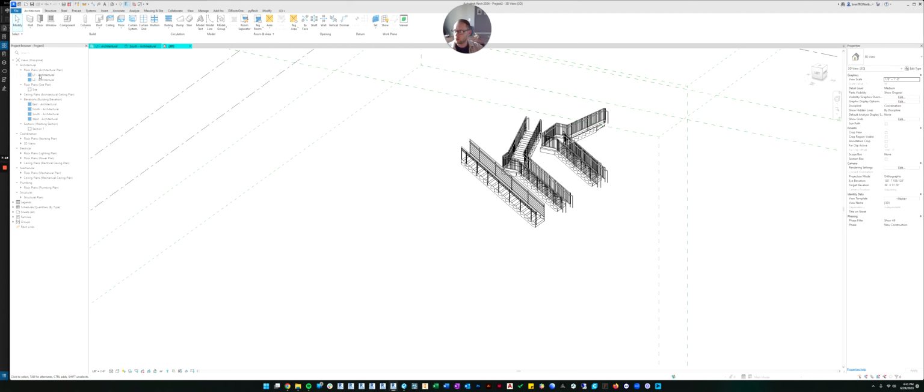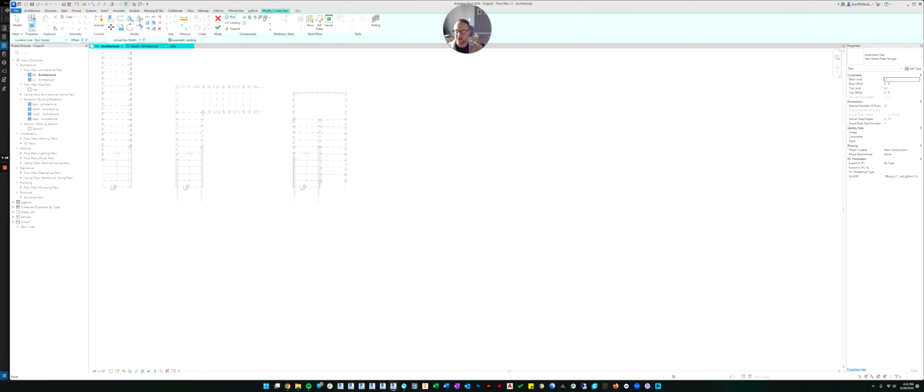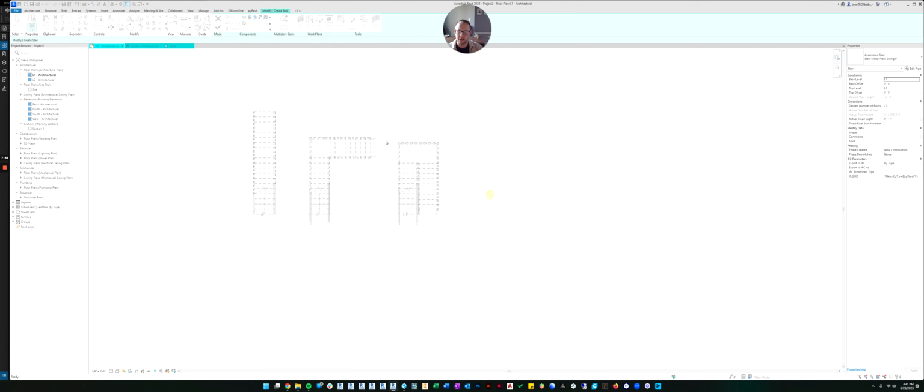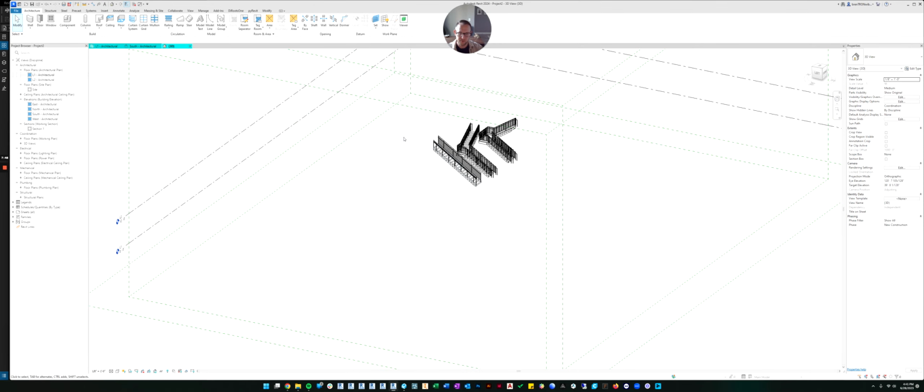Feel free to, if you want to, spend some time with the stair command and try making these other types of stairs, and you can see how they're different. You can also custom sketch a stairwell if you'd like. So this is useful for, do you see how in the drop-down example, the stair flares at the bottom? If you wanted to get that to happen, you would need to draw a custom sketch. And that's probably beyond this course, so I'm not going to cover it. But just know that you can do it, and it's allowed, and it's possible. You just need to do some of your own research.